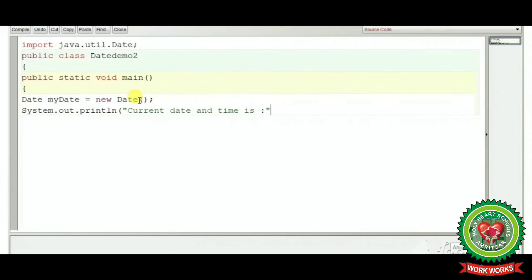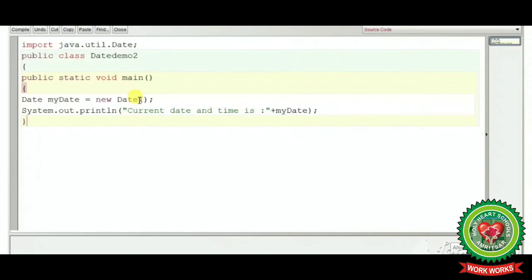As this is a message, we have written it in double quotes. Plus is the concatenation operator that is used to join the message and result on the screen, and then we will write the object name, semicolon.